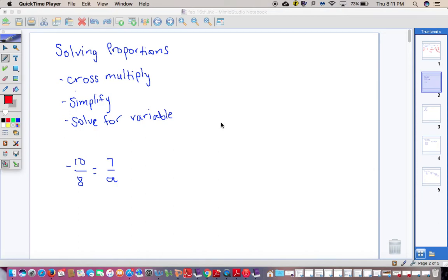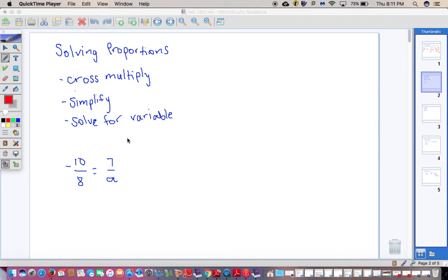This video is just a quick review of solving proportions. When we solve proportions, what we're saying is that two ratios are equivalent to each other. And because we've got two ratios or fractions, what we're going to do is cross multiply. Okay, so if our cross products are equivalent, then we know our ratios are